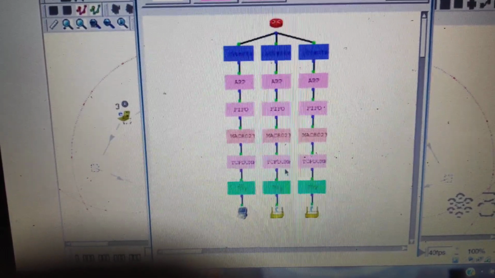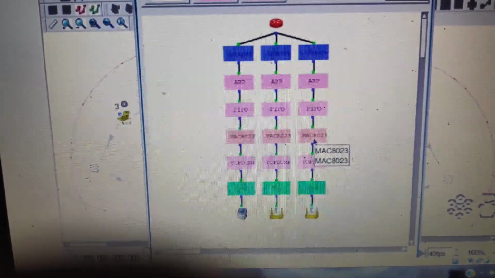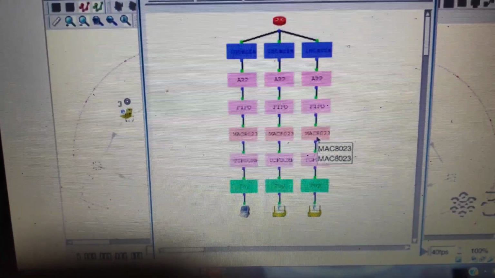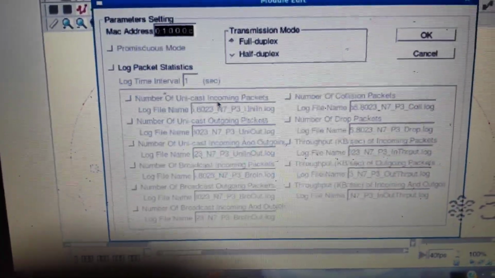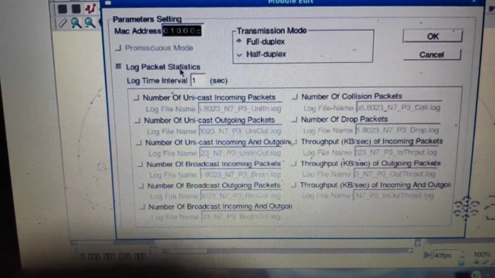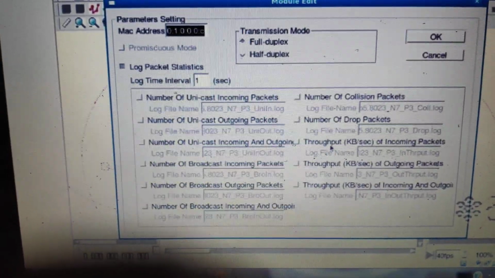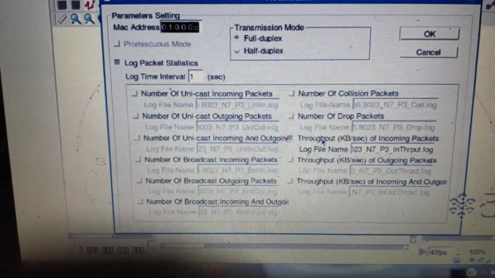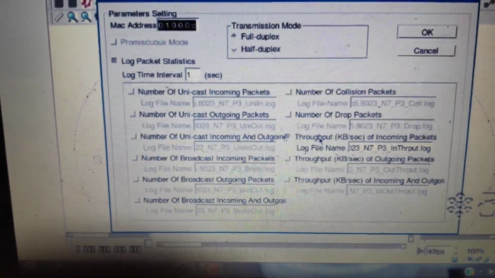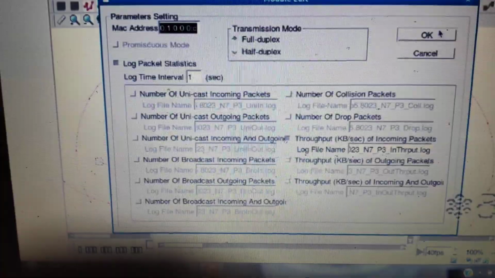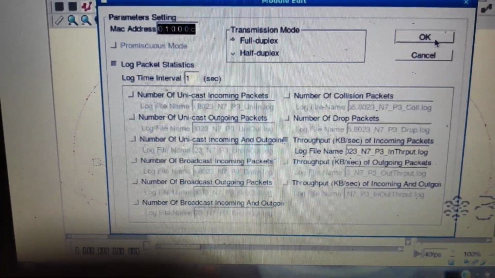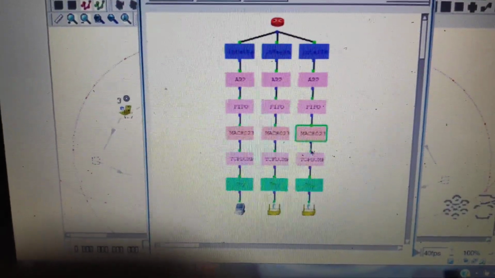This router will act as a receiver from the access point, and it will play the role of a sender to the host. So click on the 802.3 layer, and click here throughput of incoming packet, because the router will act as a receiver of the information. Click on OK, and in the same way repeat for the other access point.